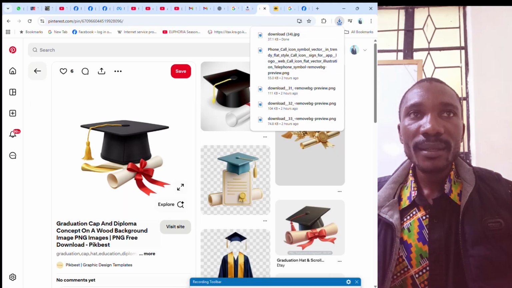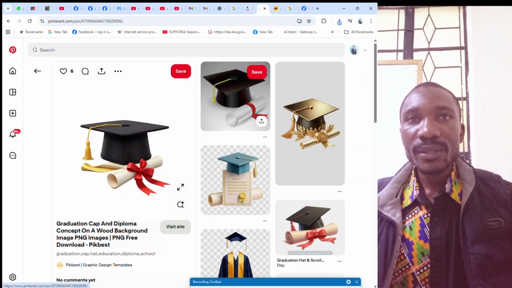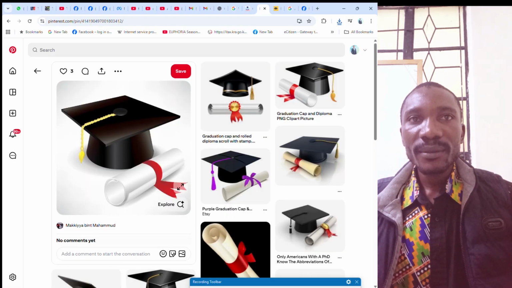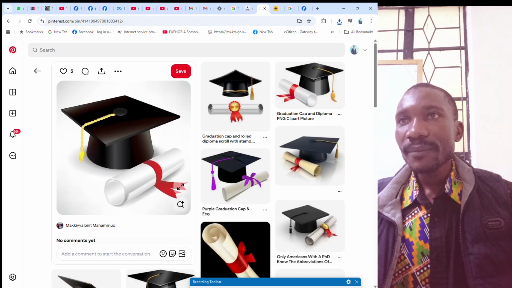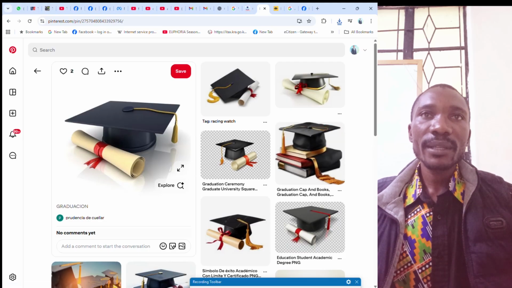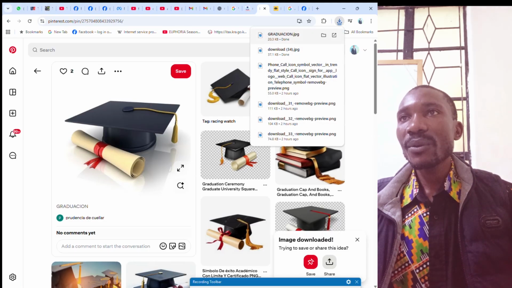This one, no. Black. Let me use this one. Or I use this one. How does it sit? It sits better like this. Let me use this one. This one sits well, it's okay. Let me use this one. So after I download,